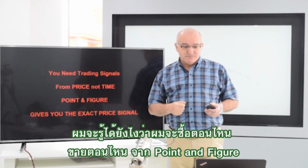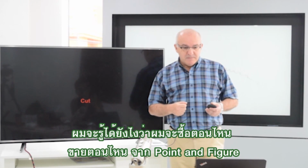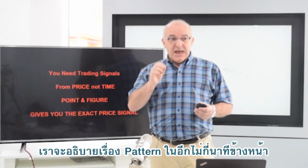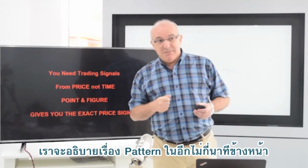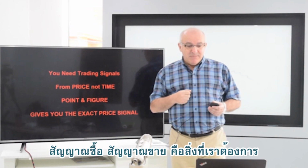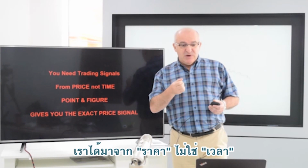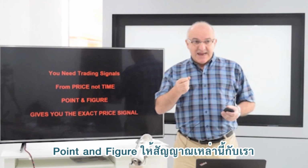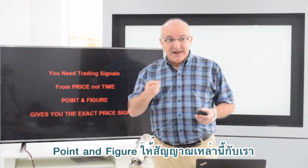How do we recognize the entry point and the exit point? Well, it's in the patterns, clear patterns, and we'll talk about that in a few minutes' time, okay? The trading signals is what we need. And we need trading signals from price, not time. And point and figure will give you the exact price signal at exactly the right